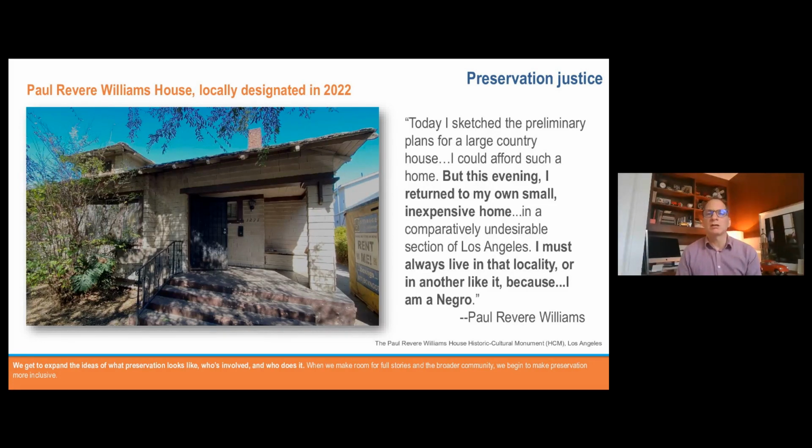And he is beloved by many in terms of what he accomplished and was a mentor to many other Black architects that followed him. But what this place tells, this is a place in which he, as a Black man in a Black family, lived in this house for 30 years, not by choice, but by circumstance.